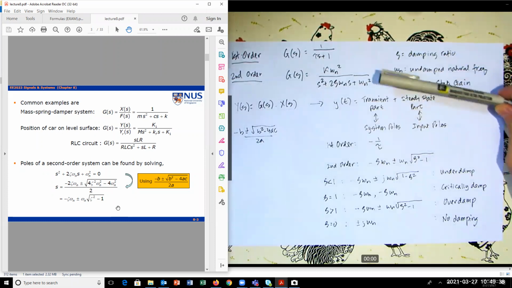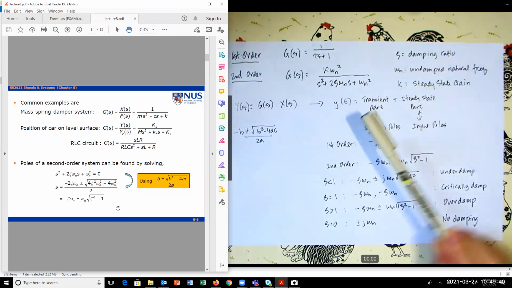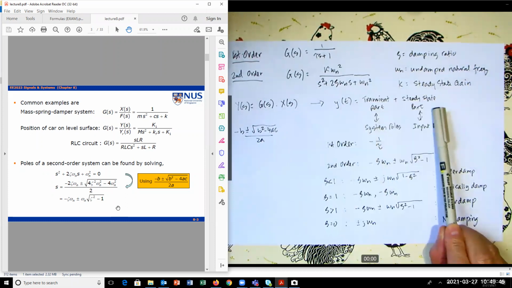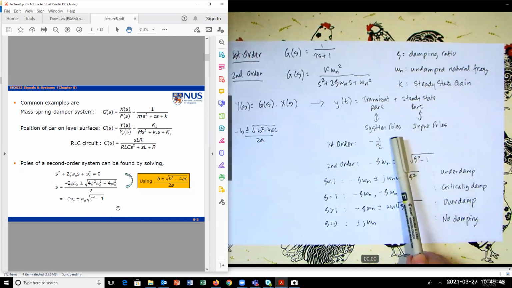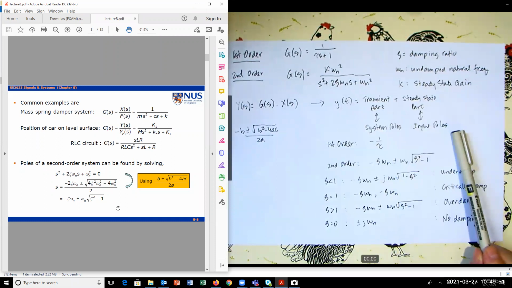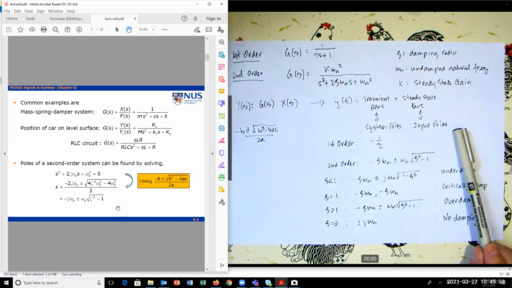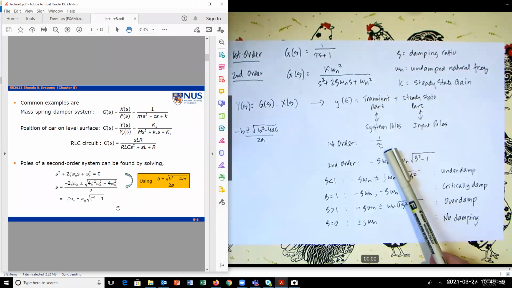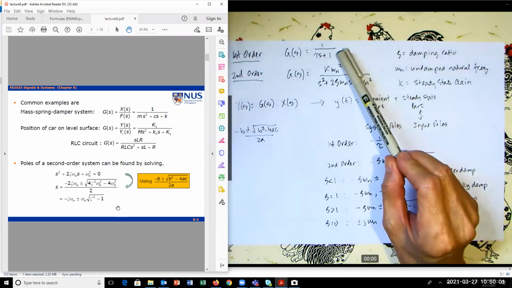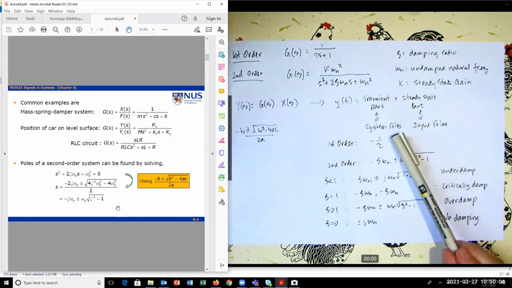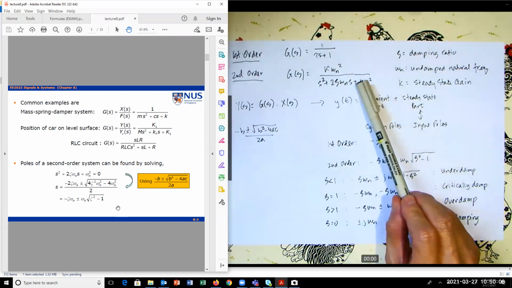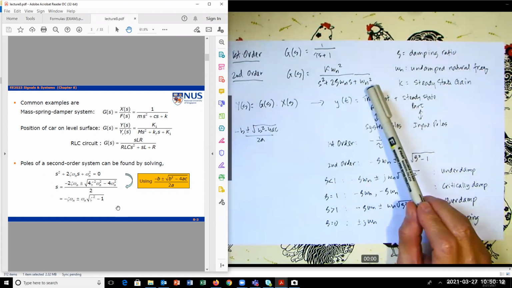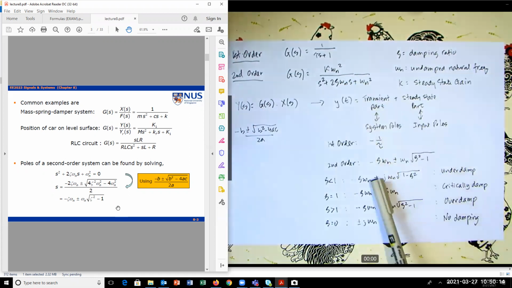We learned from the previous chapters that the output has a transient part and a steady state part. The transient part is dependent on the system poles. The steady state part is dependent on the input poles. So when we look at the transient part, for the first order system, the pole is -1 over tau based on this G(s) up here. For the second order system, the denominator is s squared plus 2 zeta omega n s plus omega n squared. The roots of this are given by this formula here,